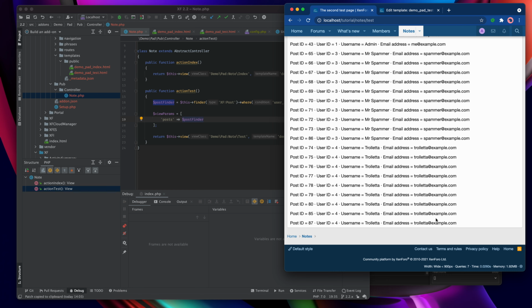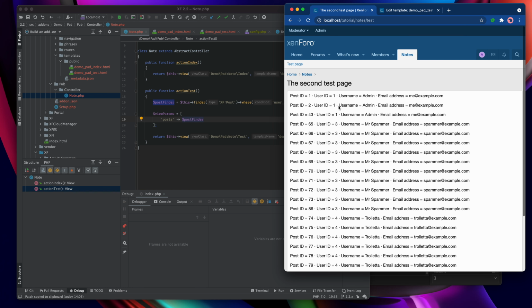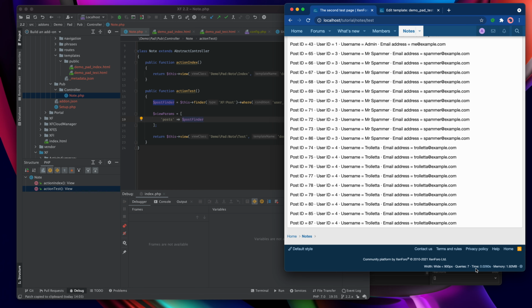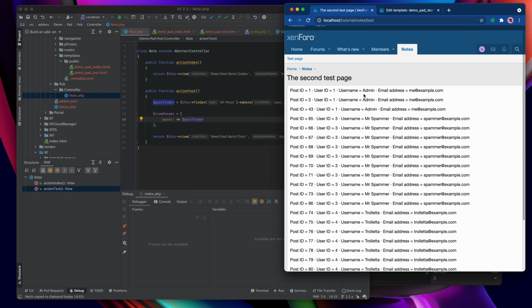Now there is a little bit of magic going on. It's only 7 instead of an additional 4 queries because it already knows about the entity for admin because I'm logged in as that, and it's clever enough to know that it doesn't have to go and fetch that again. It can use the entity that is essentially my logged in user account and say, well, that's the same thing.